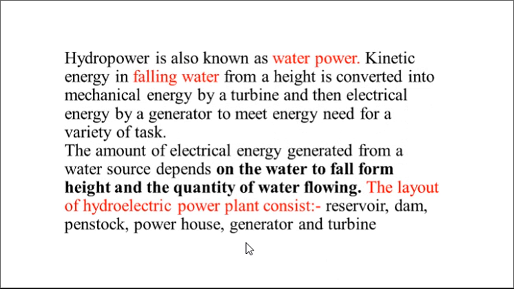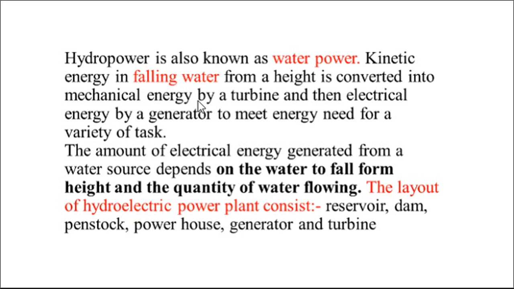First of all, what do you mean by hydropower? Hydropower is also known as water power. Here, kinetic energy of falling water from height is converted into mechanical energy. Initially, water is stored by using a dam, which has potential energy. As soon as the water flows through the pipeline, the potential energy gets converted into kinetic energy. Then that kinetic energy of water is used to strike the hydraulic turbine, maybe Francis, maybe Kaplan,